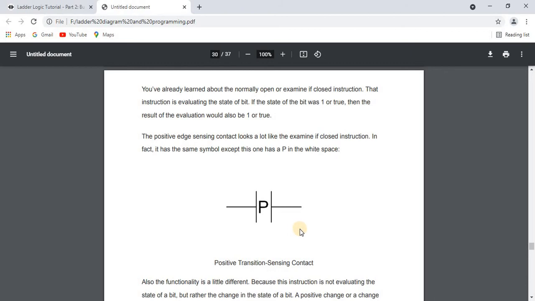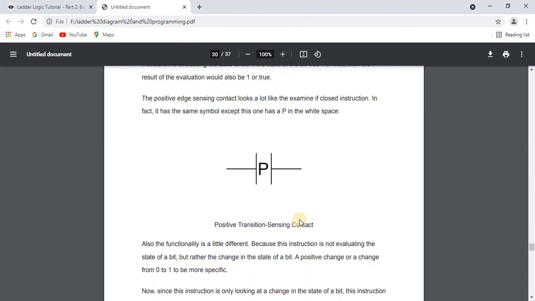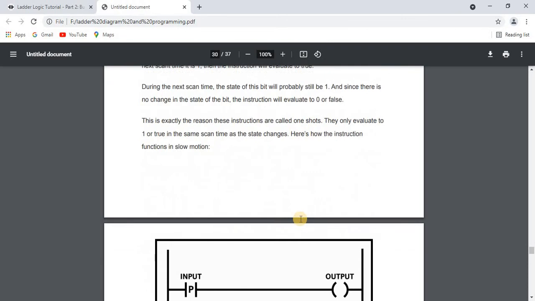This is exactly the reason these instructions are called one shots. They only evaluate to 1 or true in the same scan as the state changes. You can see the working here.